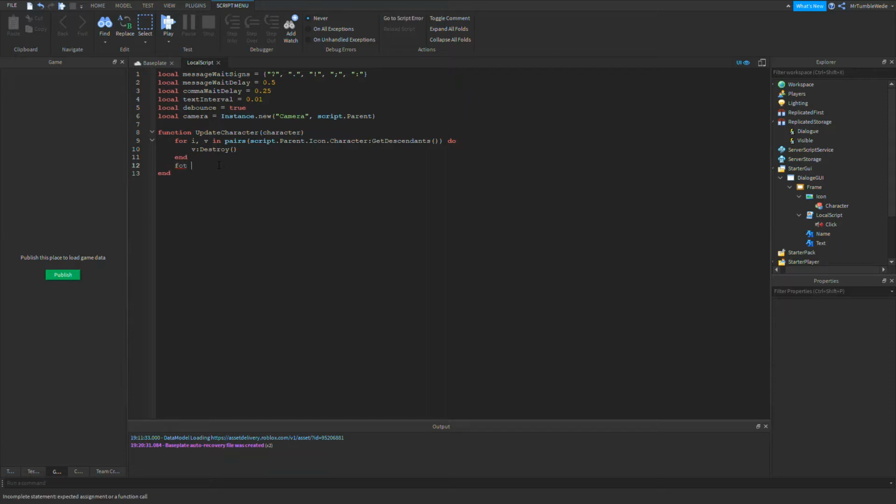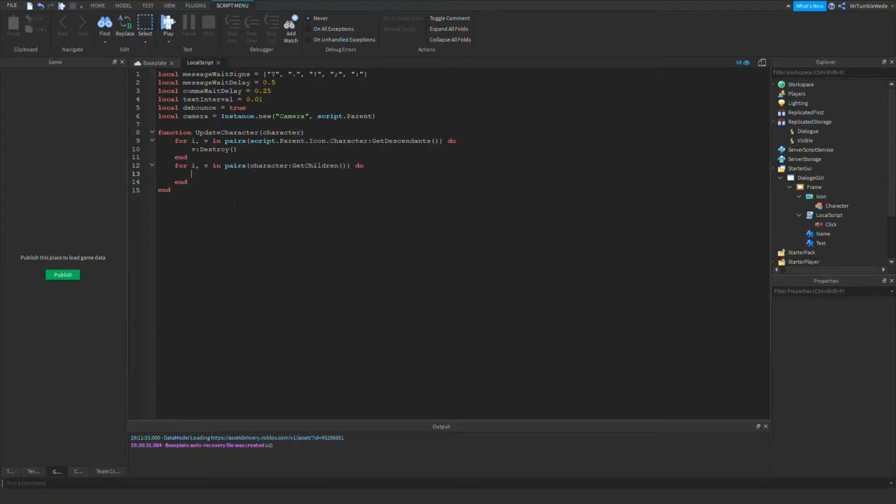So for i, v in pairs character:GetChildren(), and the cool part about this is the character doesn't have to be a player. It can also be an NPC.